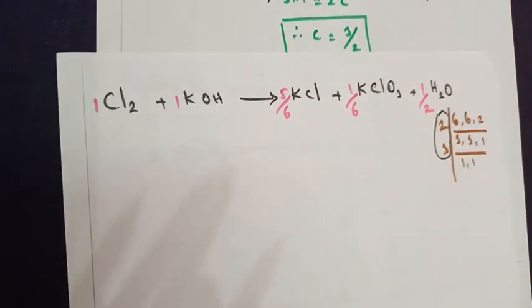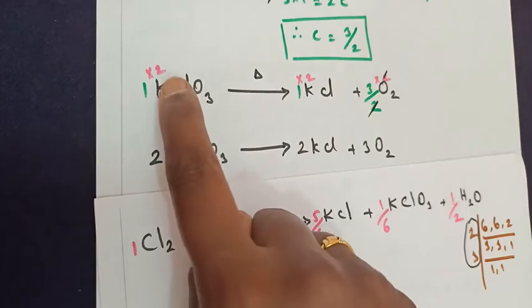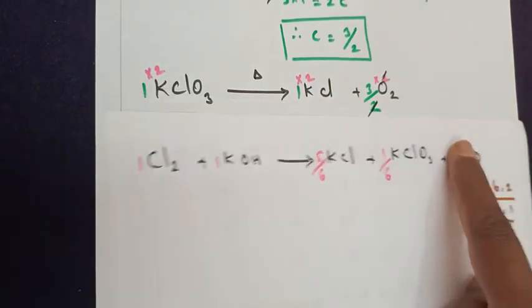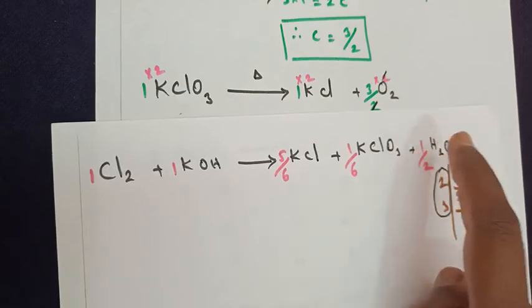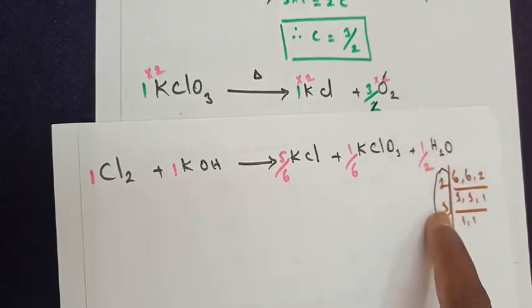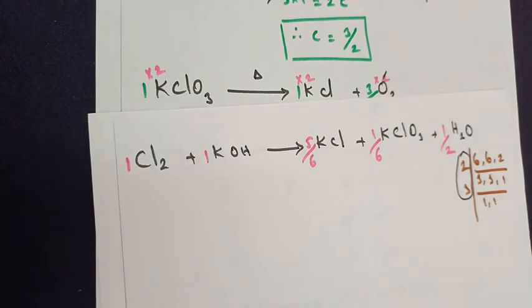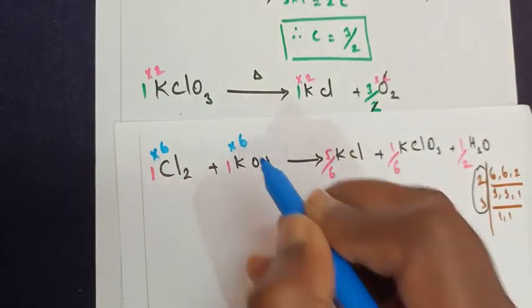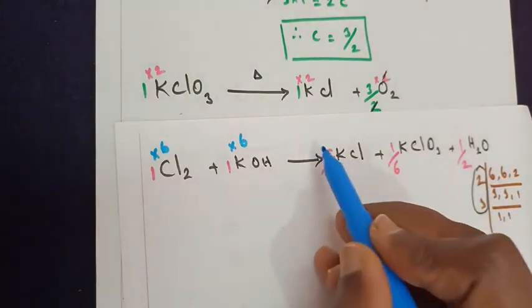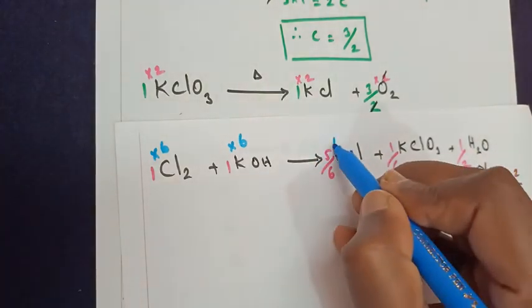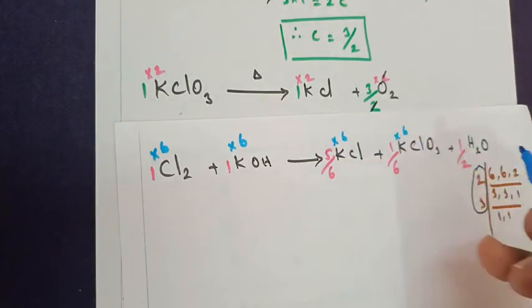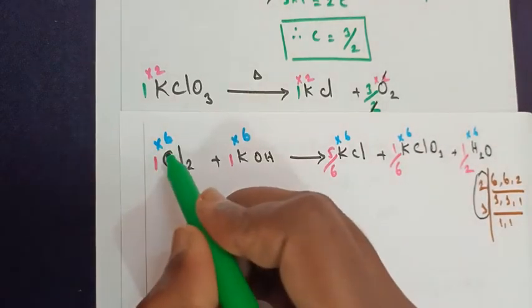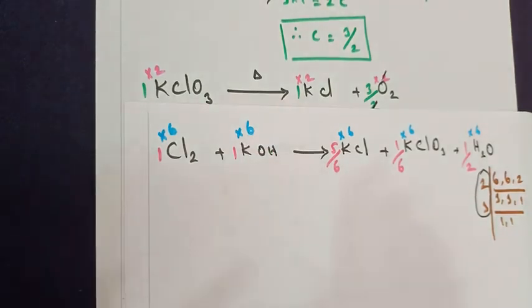So what do you have to do? As you multiplied the numerator with the denominator, you have to multiply the whole reaction, the coefficients of the reactants and the products, by the LCM number. What's the LCM number we have calculated to be? 6 here. In this case also, multiply it with the 6. Multiply all the terms with the LCM: into 6 here, into 6 here and into 6 here. When you cancel out, 6 1s are 6. Here also 6 we will get.